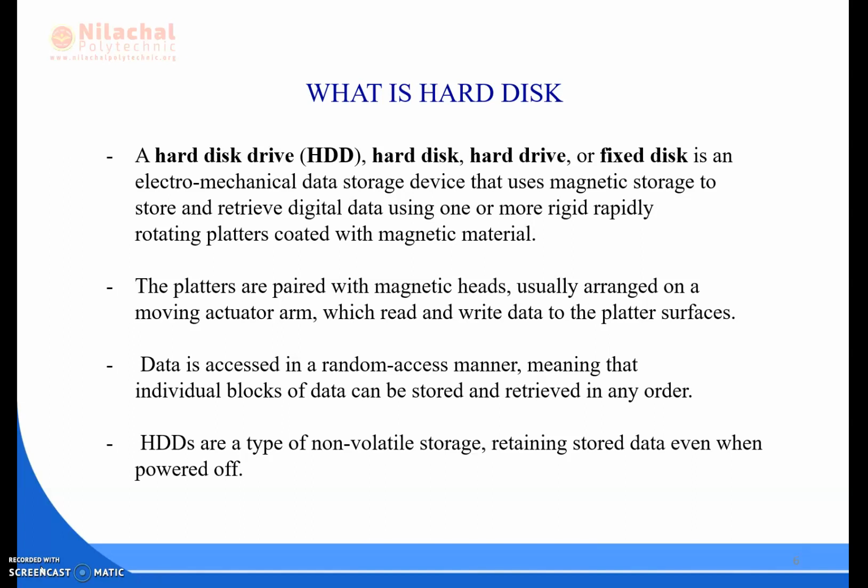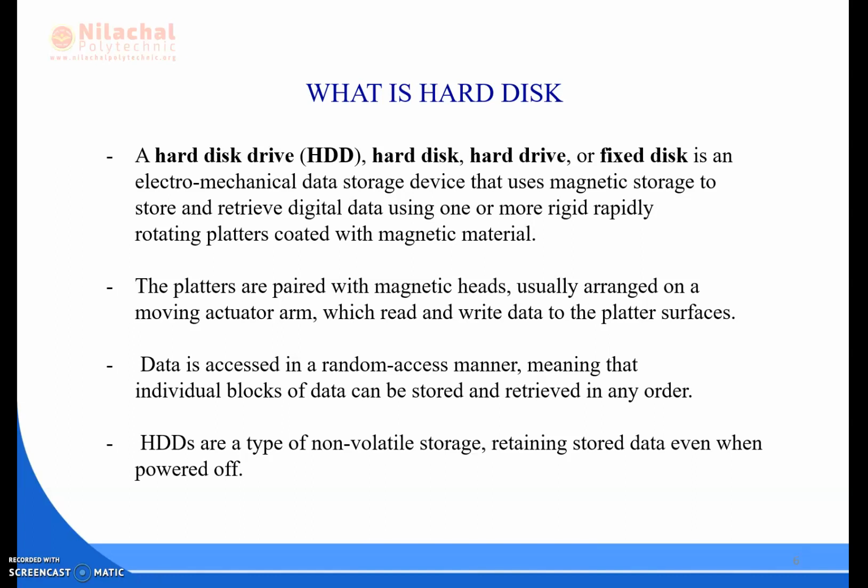So, we will discuss what a hard disk is, what the parts of the hard disk are, and how these parts are used to store data, to read data, and to write data. So, let's start. A hard disk or HDD or hard drive,